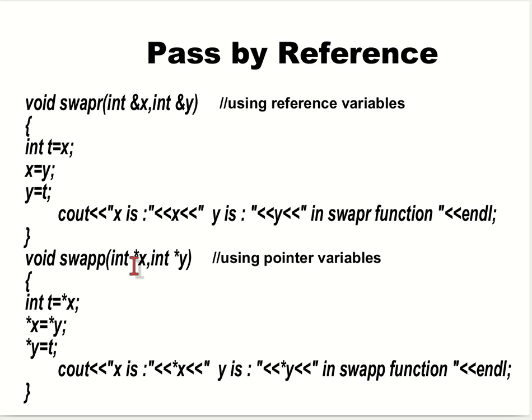So whatever happens inside this function will be reflected outside. If we are interchanging the values of x and y here, they will be interchanged in the main also. It is known as call by reference,